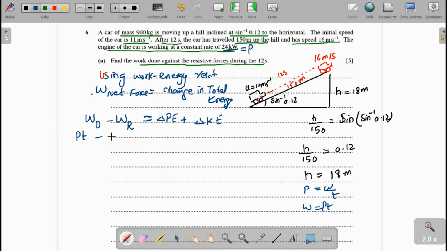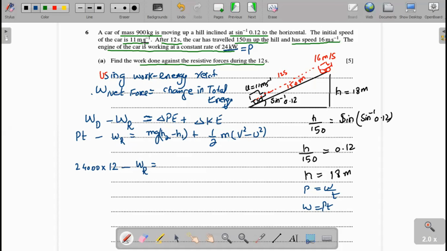and we have to find the work done by resistive force. Now the total potential energy, we have to find mgh, h2 minus h1, plus kinetic energy. We will use the formula half m, v square minus u square. Now we substitute the values. Power is 24,000, multiply the time is 12 seconds, minus WR, that is equal to